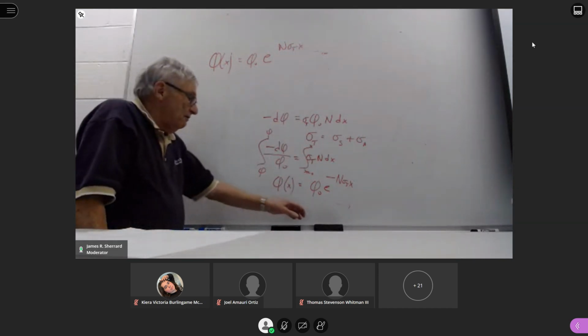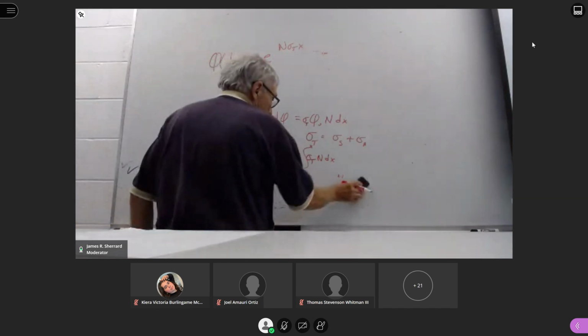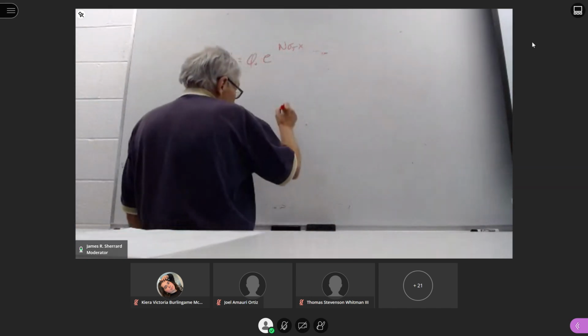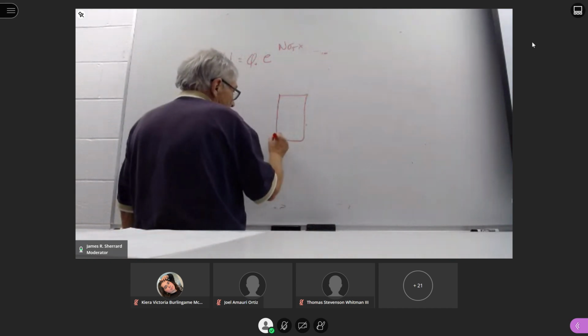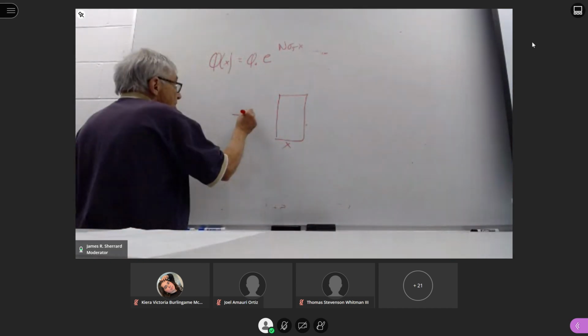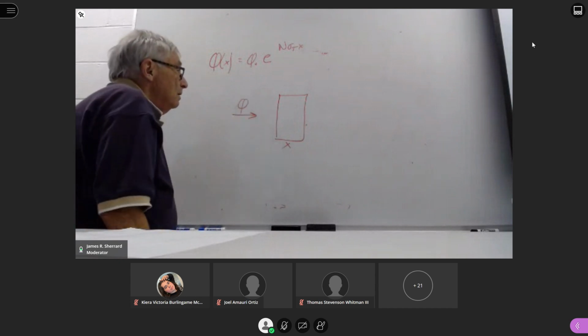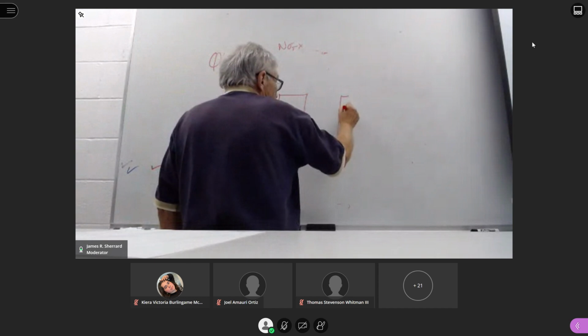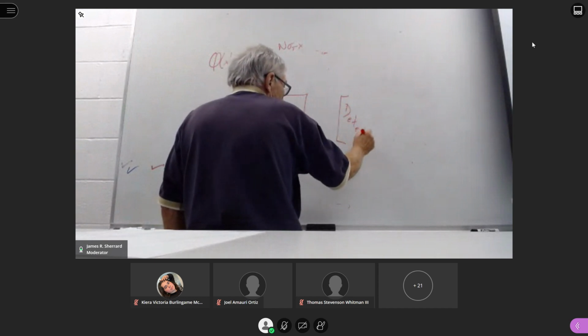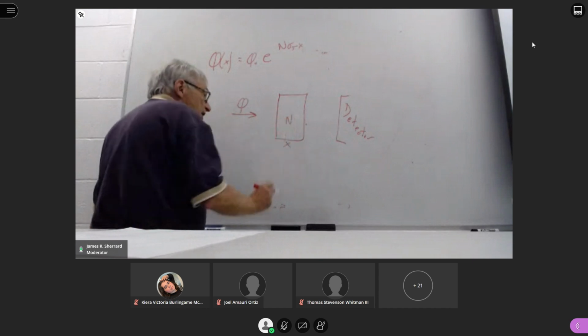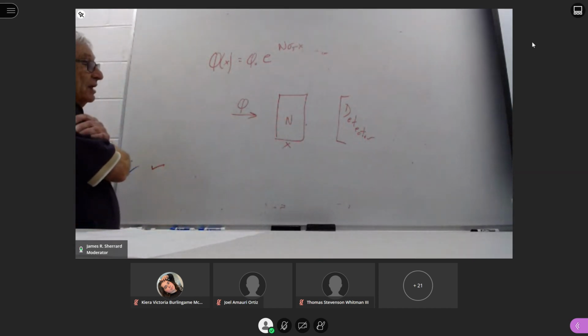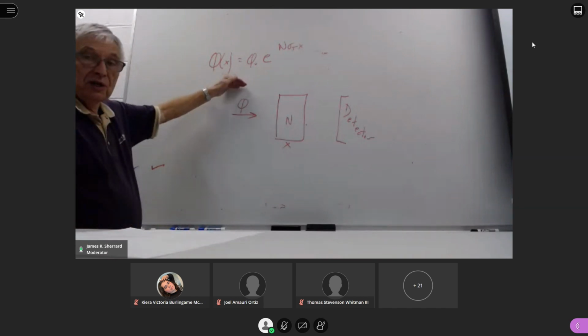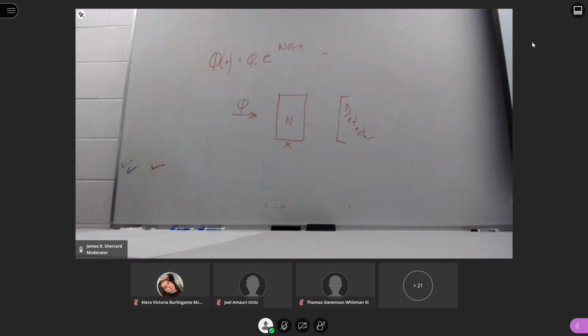So if we have a single material, and we have a number density of material here. If we know what the material is, we can utilize this equation to see what's going on. So let's just randomly pick one from the back of the book. Let me pick